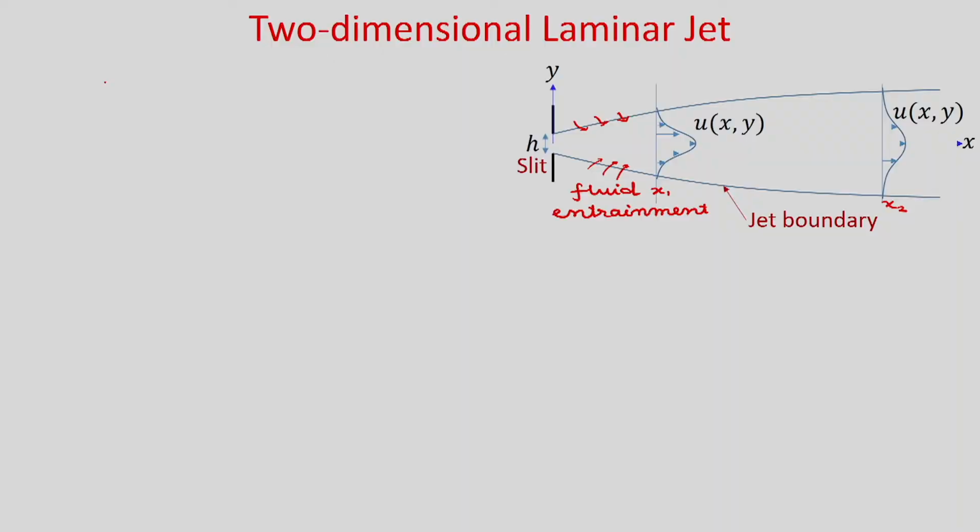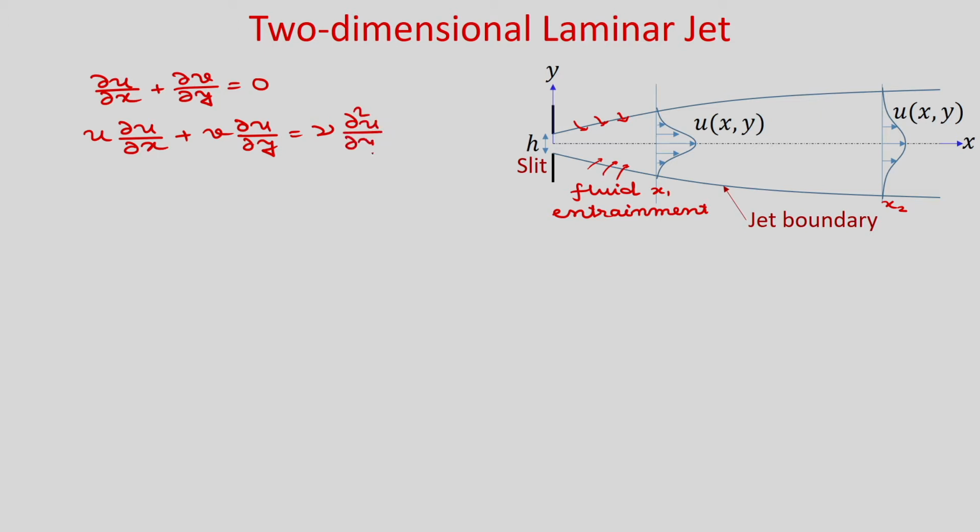So, we have the governing equation, continuity equation ∂u/∂x plus ∂v/∂y is equal to 0, and u ∂u/∂x plus v ∂u/∂y is equal to ν ∂²u/∂y². So, what are the boundary conditions for this case? So, we are taking the axial direction is x along the central line, and it is symmetric about the central line, and this is the y direction. So, you can see that boundary conditions